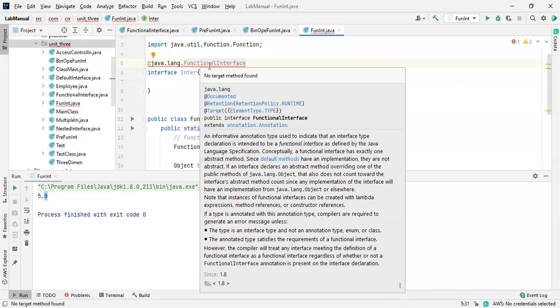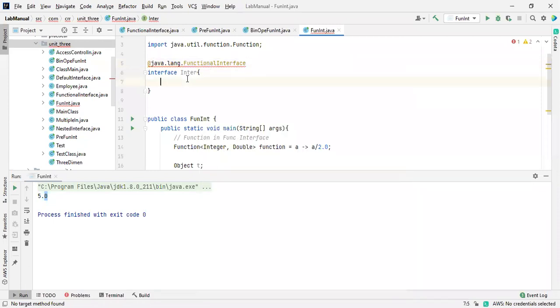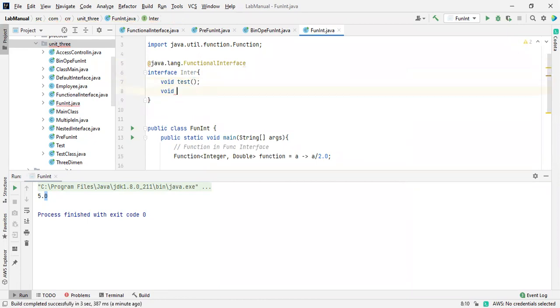And what it is saying is no target form. In this case, I will take a void method, test. Only one abstract method is allowed. If you take one more abstract method like cool, it won't allow. So this is the usage of a functional interface.